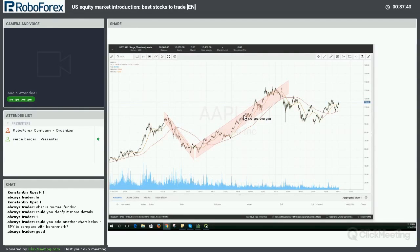So this is what I call an orderly stock, okay? And a good stock to trade because it has a rhythm to it. Now that rhythm changes. That rhythm sometimes is fast, sometimes it's slow, but there is rhythm to it, and that's why that's a good stock. Now let's look at the S&P 500